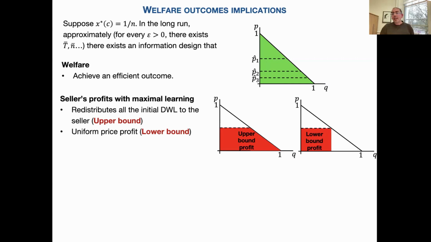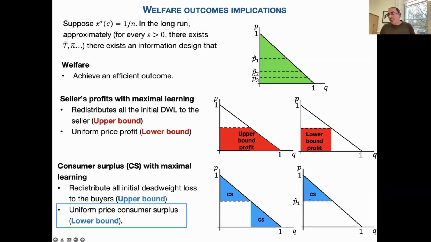And the other result that we have is quite straightforward. This is the lower bound on the seller: the profit that the seller gets at the very beginning. There is no way in which the seller cannot get this. This is the deadweight loss that there is at the beginning. Since you can learn everything about the value of those consumers, you can also at some point give all this surplus to the seller. So an upper bound is going to be this part here.